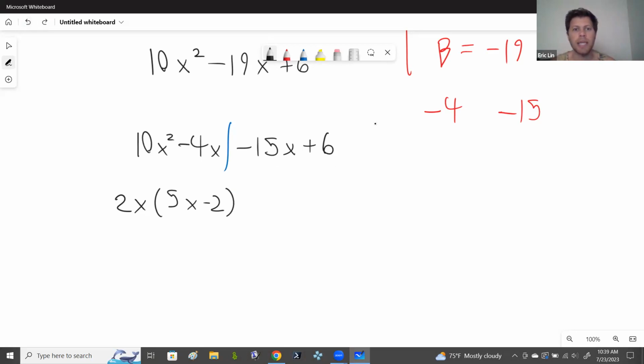I'm going to put a plus sign in between. I'm going to take out, it looks like what, 3? So if I take a 3 out of 15 or negative 15x, I'm left with negative 5x. If I take a 3 out of positive 6, I'm left with a positive 2. And I want you to notice that the